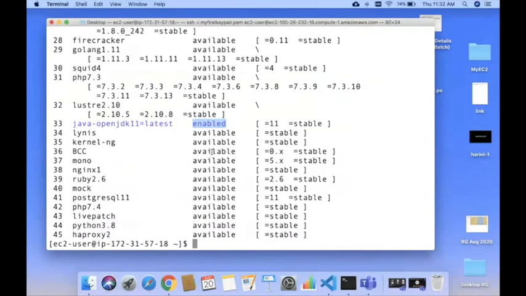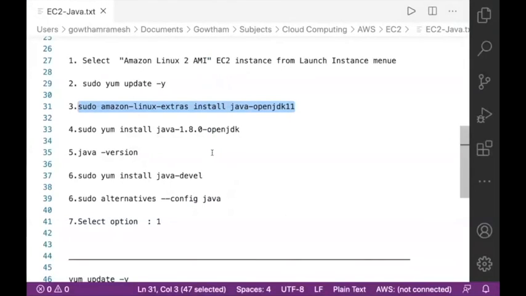Now, after installing the JVM, install the JDK development kit. There are other ways you can also install this JVM. You can directly install it using this command. If you want to install JDK, this is the command: sudo yum install java-devel, the development kit.